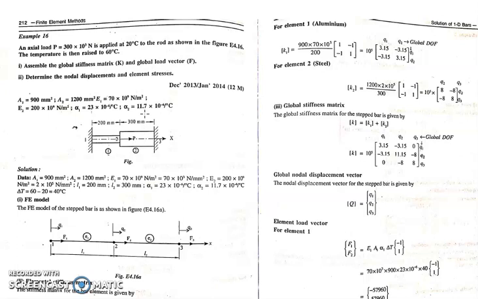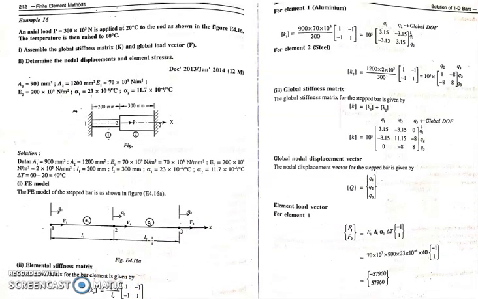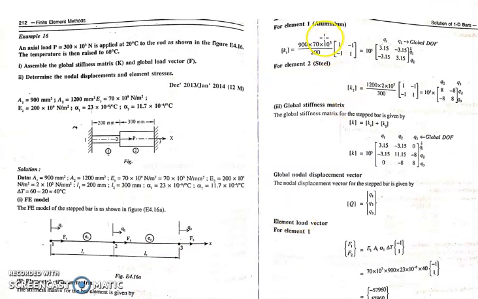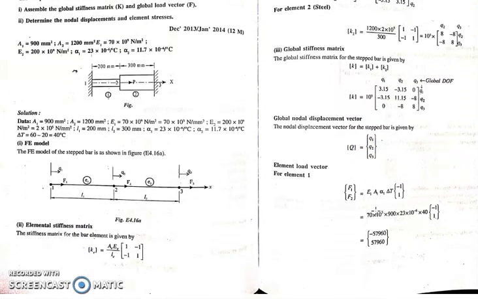Okay, so go for the FE model. There are 3 displacements, Q1, Q2, Q3, and 3 forces, F1, F2, F3. And the elemental stiffness matrix for both elements you need to find first. Okay, for aluminium as well as steel, they have given the values of area, Young's modulus and length. Just find out the elemental stiffness matrix for both of the elements, then assemble them. Okay, then the global displacement vector is Q1, Q2, Q3. Then the problem actually starts from here.